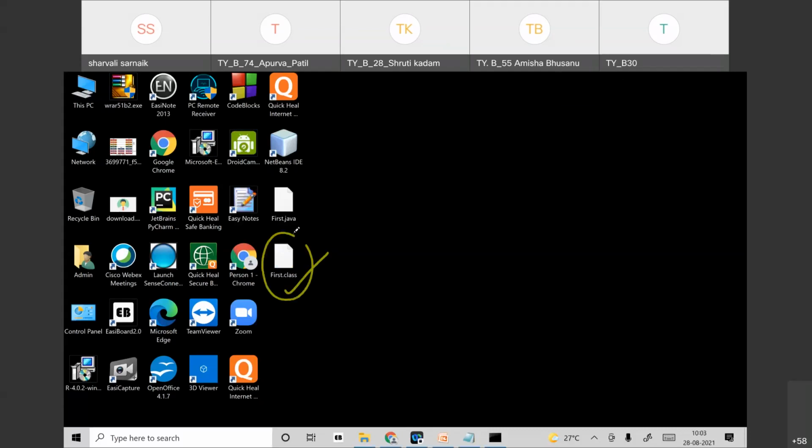This is my first.java source code. Once I compile my source code, the code will be converted into bytecode. That means my class file will be created. This is automatically created, first dot class.